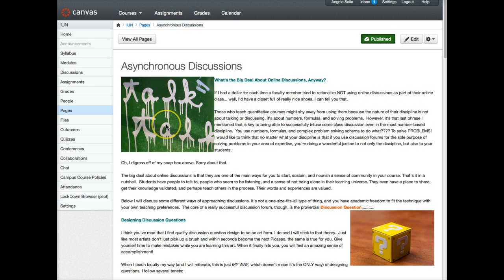So what I did is figure out how to put some space around the image, and it took a lot of trying and testing since I'm not a coder, and I know that you have to modify the HTML code in the background in order to make that happen. So I figured it out, so I'm going to show you how to do that. You'll want to click on Edit,